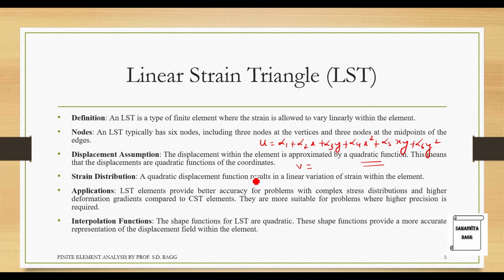The strain distribution: when you differentiate this, say ∂u/∂x, you will have this term as alpha 2, this will be 0, this is 0, here you will have plus 2x alpha 4, and here this will be alpha 5 into y. Similarly, you can calculate for ∂v/∂y, and you can get an equation. So you can see that this is becoming a linear equation. It is not a constant value, it is a linear equation where if you substitute the values of x and y, you will get some value of ∂u/∂x, but it is in all an equation. It is a linear variation because there is no quadratic term here.